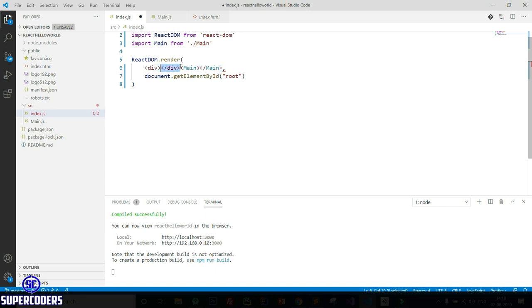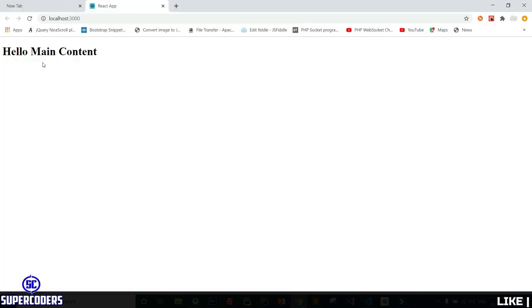First is div, then second is main. So it will not work. You need to enclose this in a single parent node. So change it to div and change it to div. Now you can see if I run, it's working.